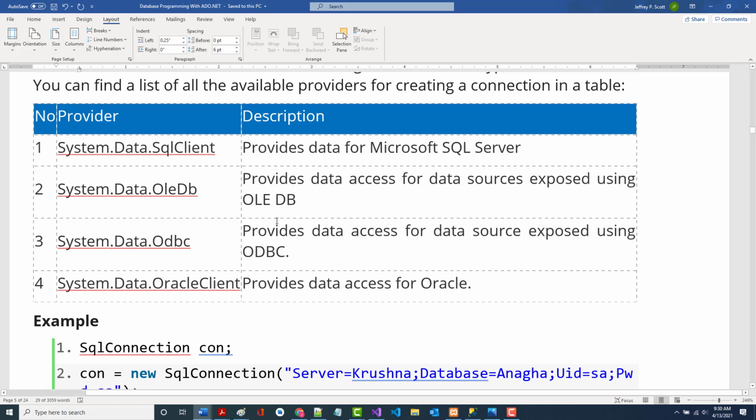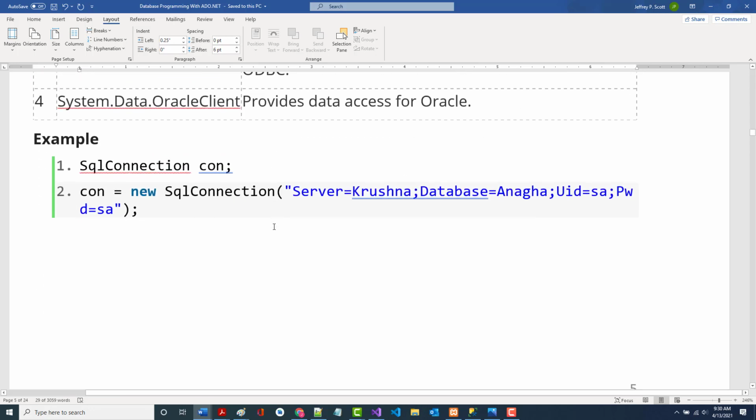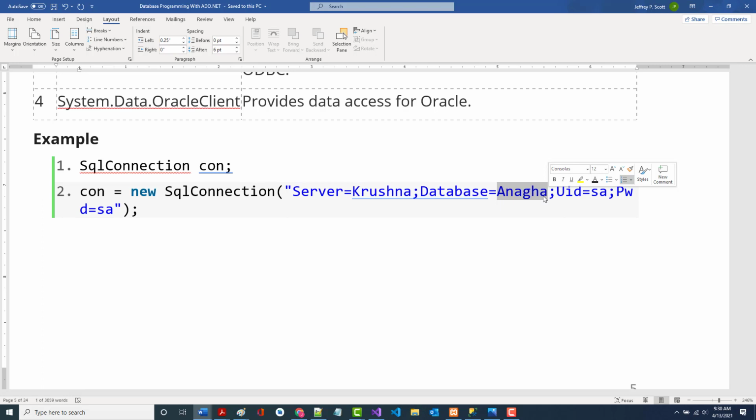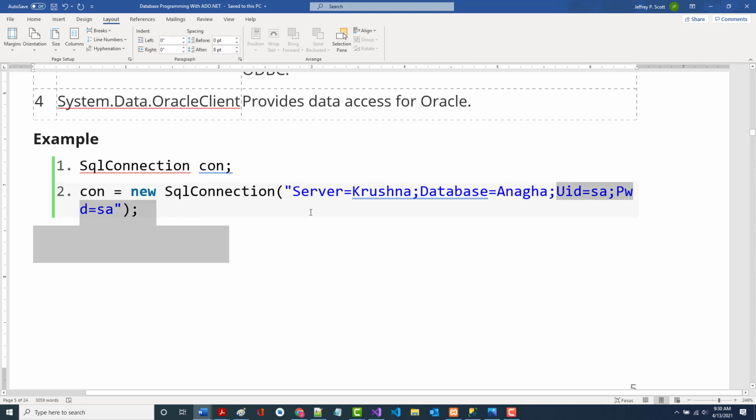All right, so here's one way of doing it. Again, notice what you have here. Server equals, that's going to be our server name. Database equals, that will be sales orders. Sometimes you see this when you put it in there and these fields are all in double quotes. Sometimes they're not. Now, one thing you want to make sure of is, if you're putting in an ID like this,